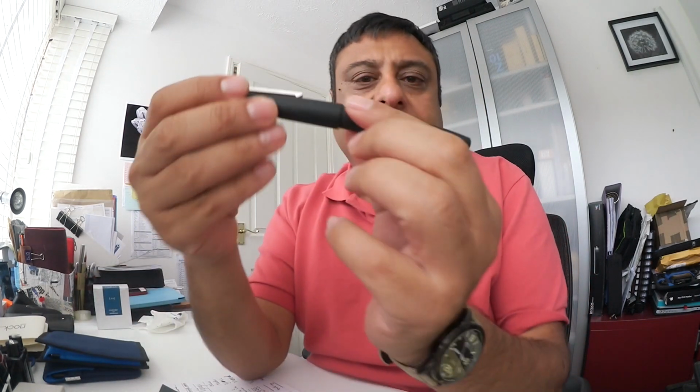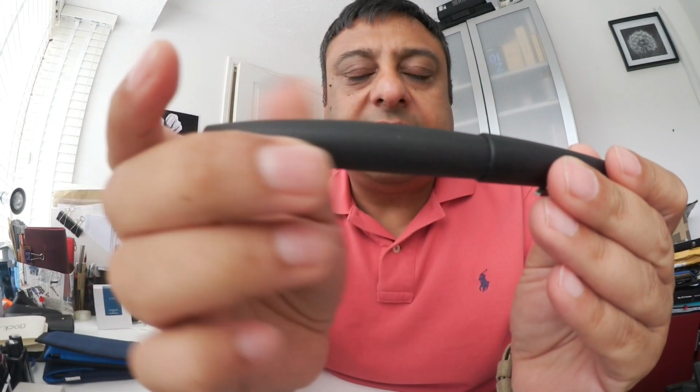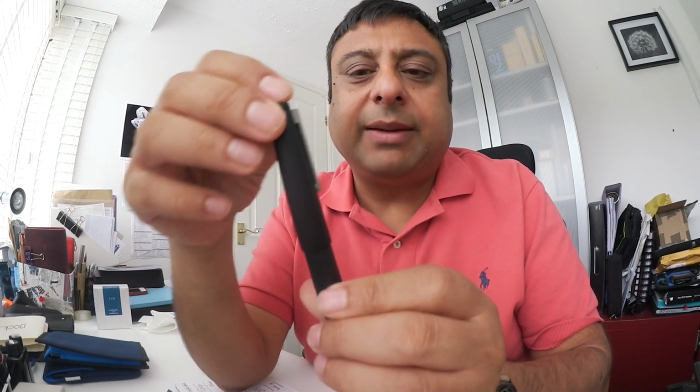Okay. So the pen has got, I'm not sure if the camera is going to pick this up, very fine lines going along it like a grain, almost like a grain of wood, and I believe the construction is a fiberglass type construction. The clip itself is metallic, a very modern looking clip there. The top of the cap has a nice shiny finish. And at the top of the barrel where the piston is, you've got this silver circular dot, which I think is metallic. So the pen's quite light, and